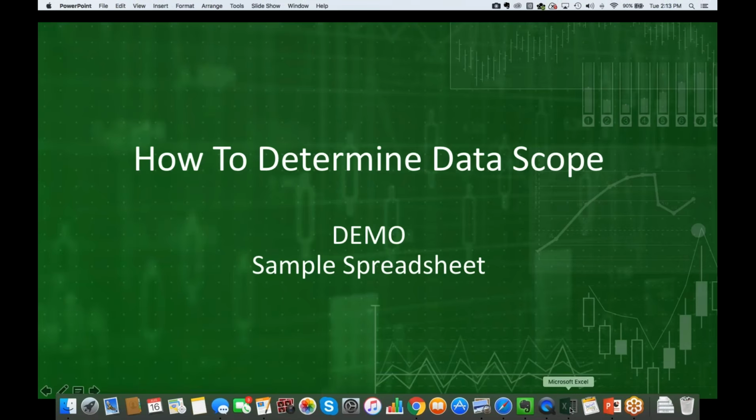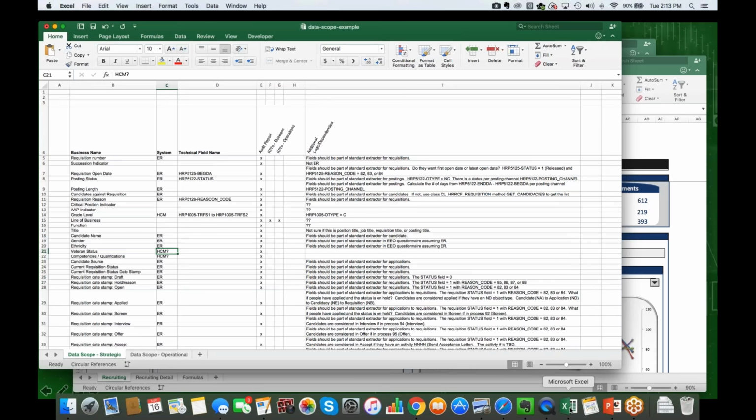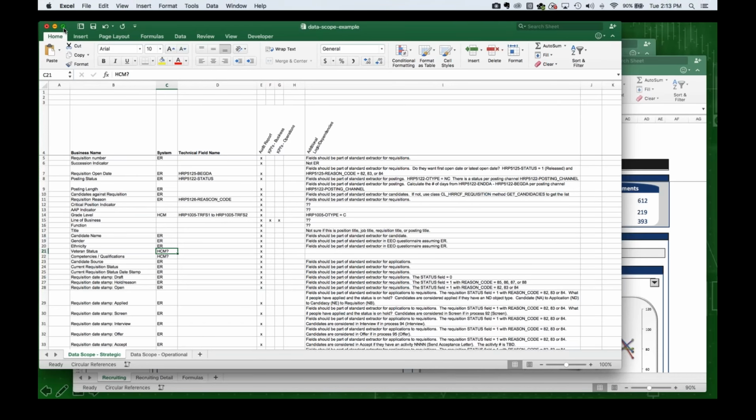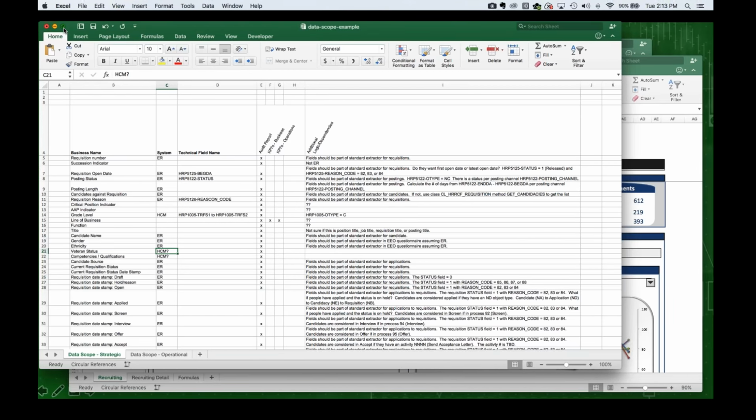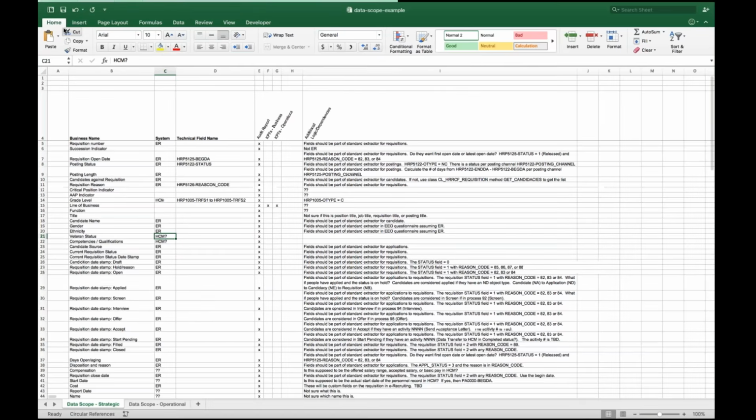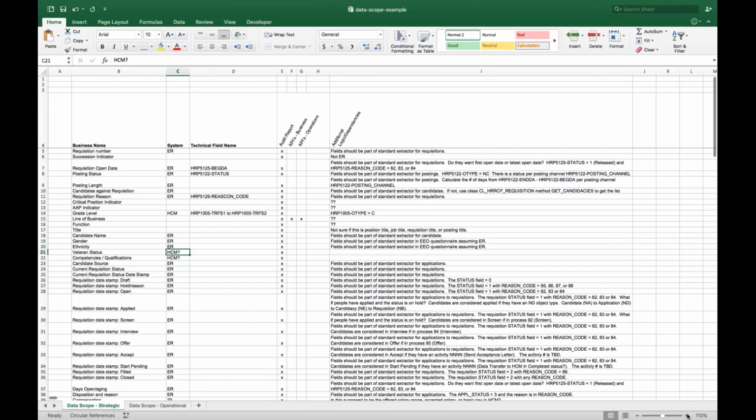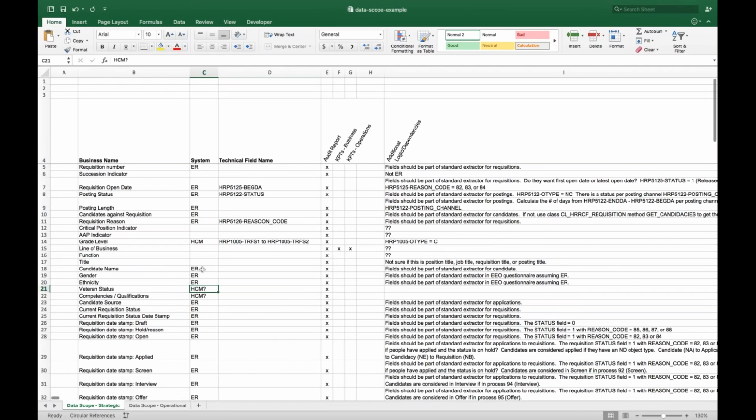So this is an example of data scope. Now, as we walk through this today, I want to talk about two different types of dashboards, right? I want to talk about a strategic dashboard, and I want to talk about an operational dashboard, and I'm going to tell you how to identify which one it is that you're working on. But understanding this difference between operational and strategic is important. And you'll see I even have two tabs here, right? I have a strategic tab of the sort of things that I would look for, and if it's an operational dashboard, the sorts of things I would look for.